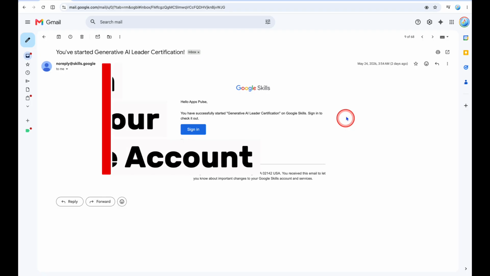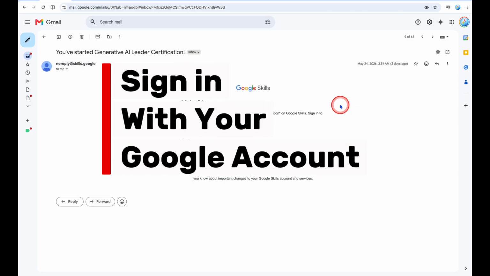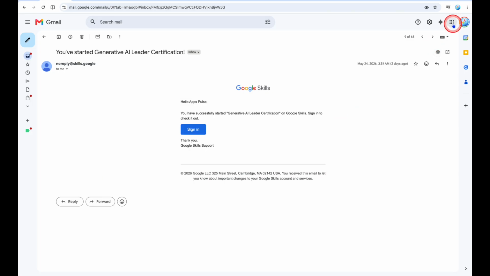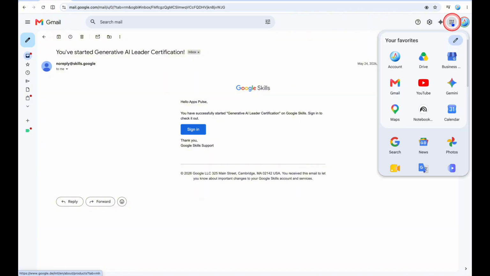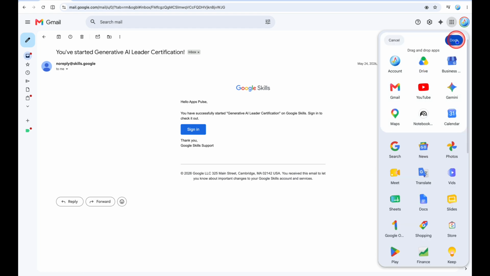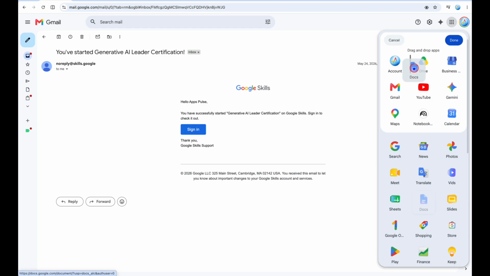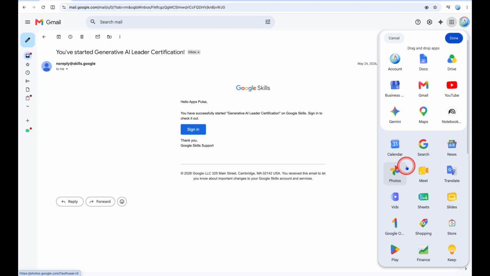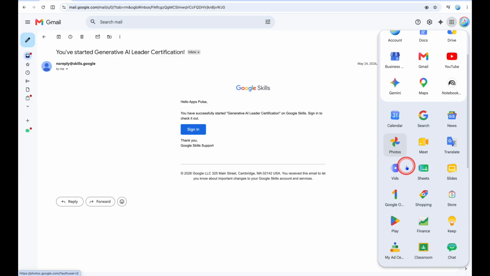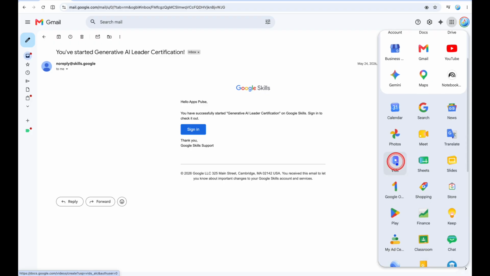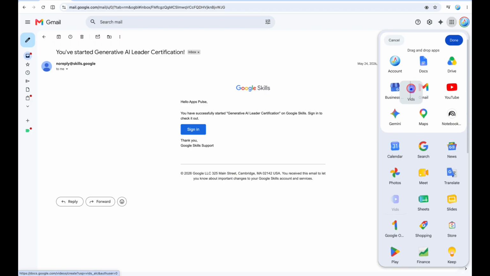Before you access Google Docs, you have to sign in with your Google account. When you are signed in, you may find Google Docs from here, the waffle menu, Google Apps. Click it, okay, it's in here. However, if you want to put that on top, click this edit button, look for Google Docs, and you can put it on top. I'll put it beside my account. The same goes for the other apps. For instance, if you want to put Google Meet here, you can insert it here.